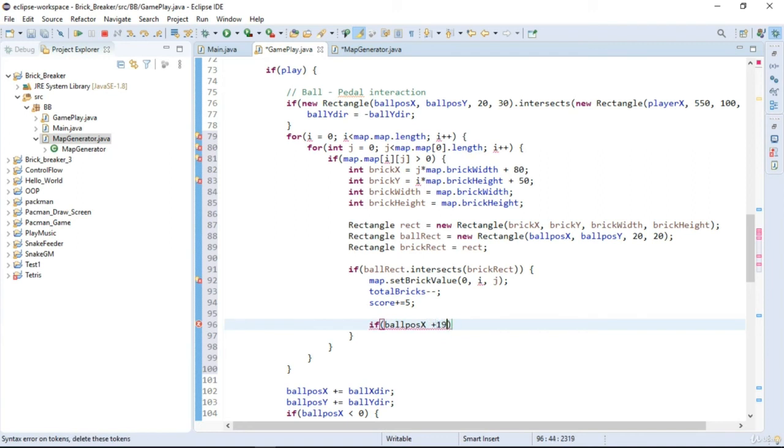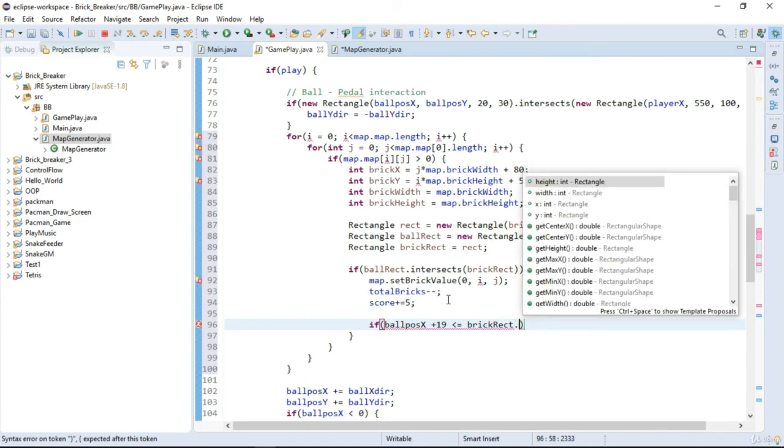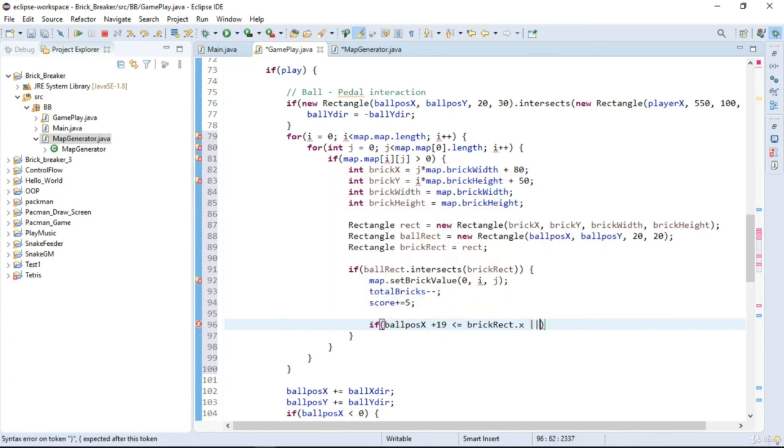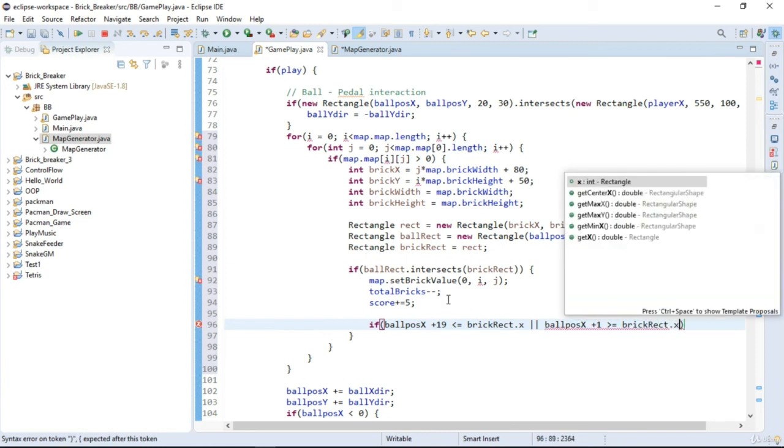So if the ball position on x axis plus 19 is lower or equal than the brick rectangular dot x axis, or ball position x plus 1 is lower or equal to brick rectangular dot x location. So this is the x location of the brick rectangular